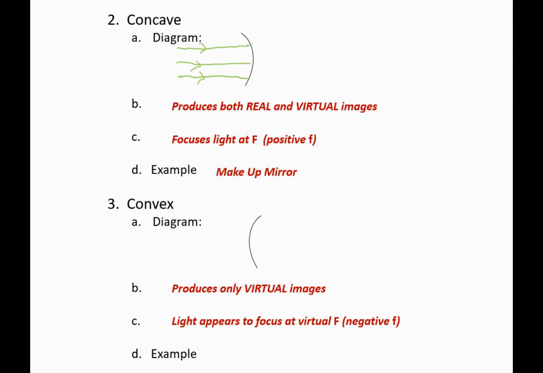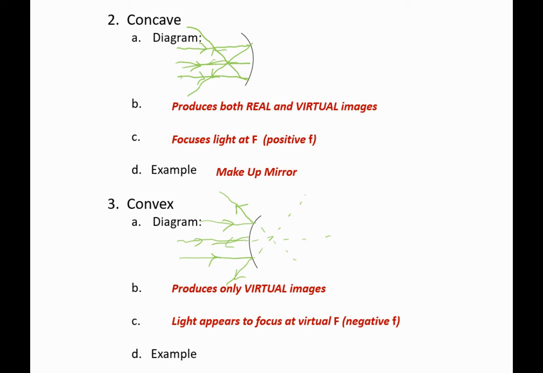With a concave mirror, the light will follow the laws of reflection and bounce off and actually focus at the focal point. Whereas with a convex mirror, the light comes in, and then it doesn't actually come together, but rather bounces off in such a way that it's like your eye extends it backwards to what we call the virtual